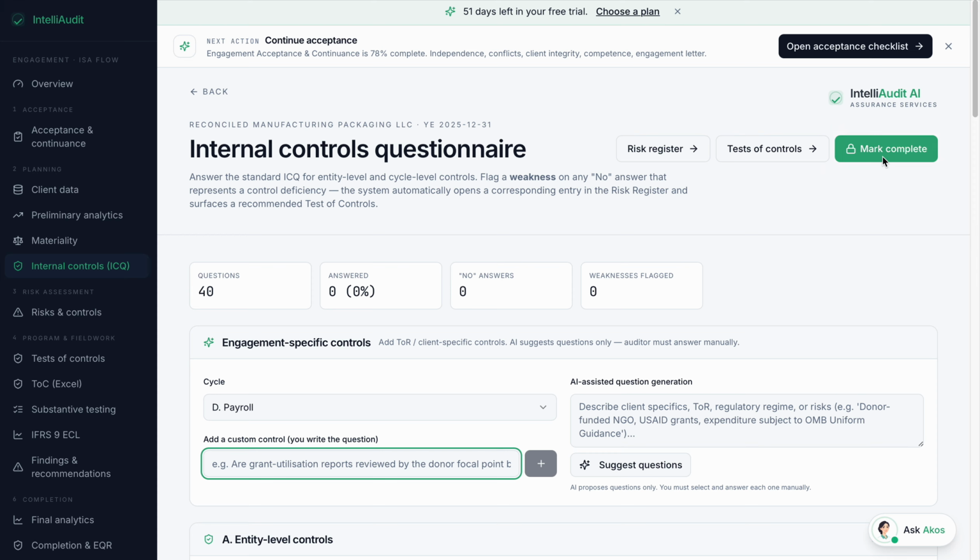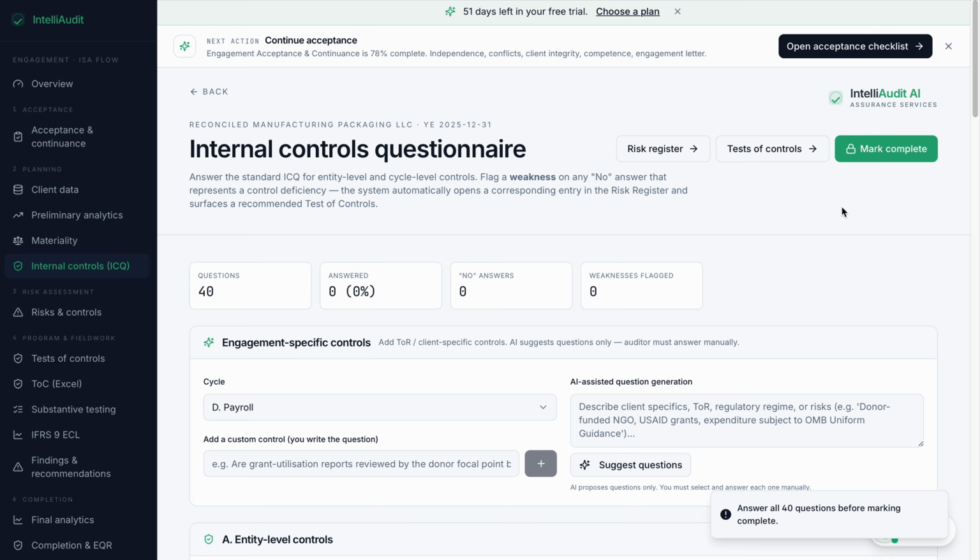When you finish, you mark as complete. You see, answer 40 questions before making complete. So this one guides you to ensure that you have actually done it. And then let me go to